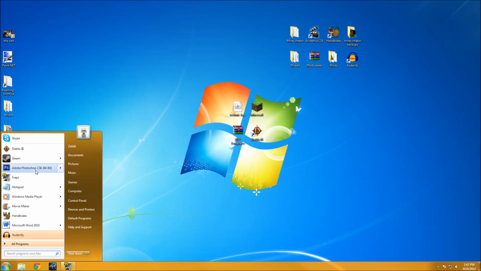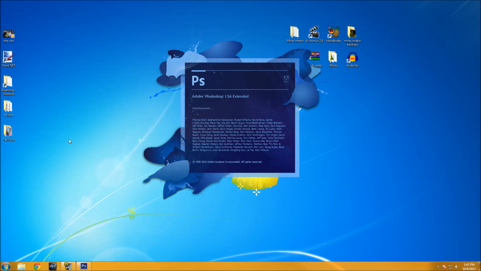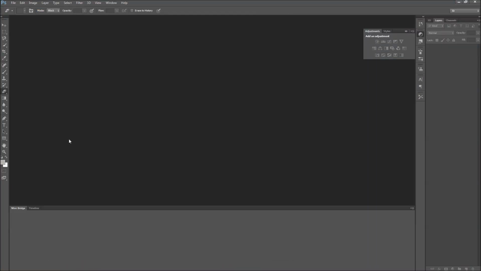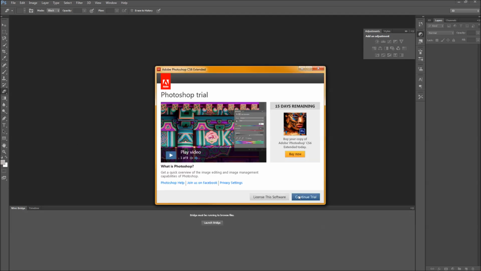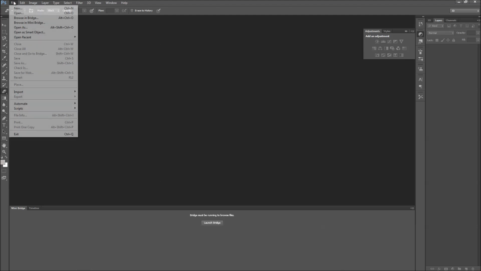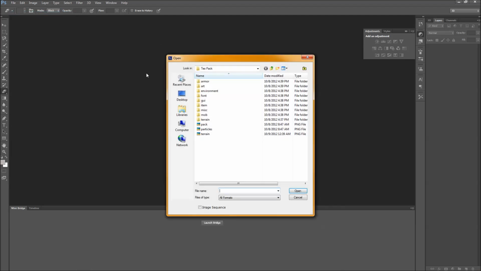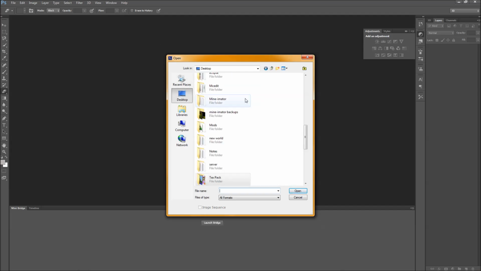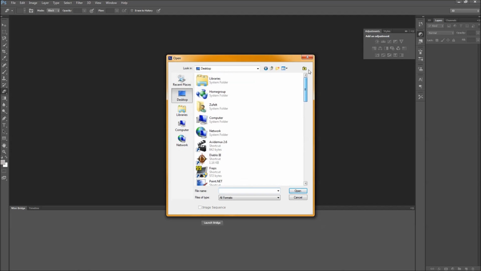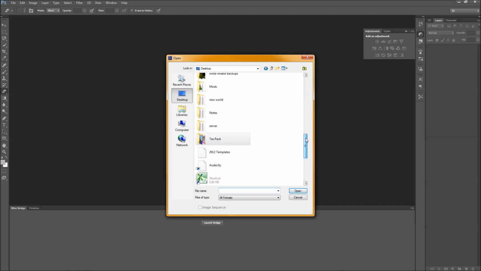So I use Photoshop. This is the demo version while I'm waiting for my suite to show up. You can use any program you want, really. You just need to be able to set some sizes here. So let's open the ones I've been using, and I have it in